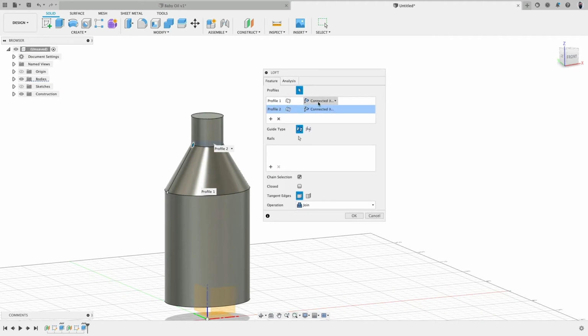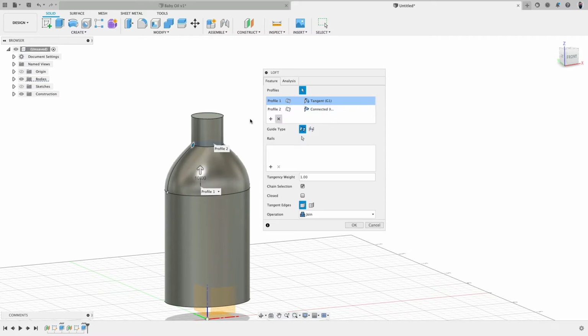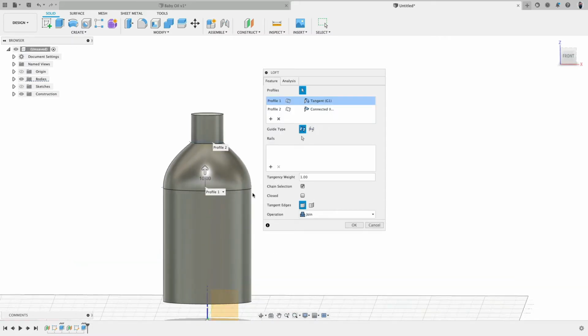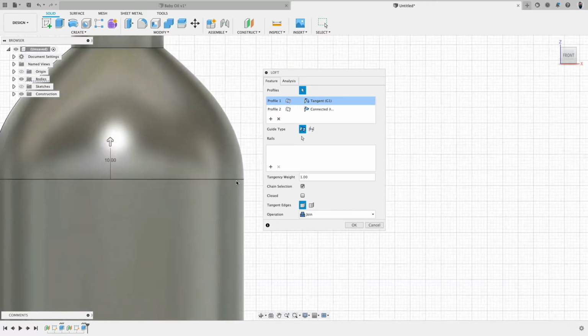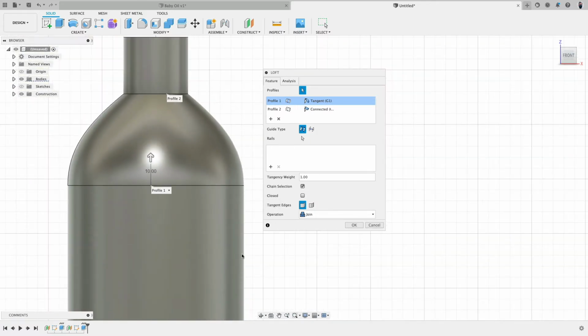Profile 1, profile 2, connect G0, G1, G2. What does this mean? G0 means this is a linear connection, so it means just at this point. Tangent means the surface, let's take a look, blends actually tangentially. When we zoom in a little bit more, what we see here is a linear surface, and from here instantly it blends. This looks properly for beginners, really nice, but this actually is not a nice and soft or smooth